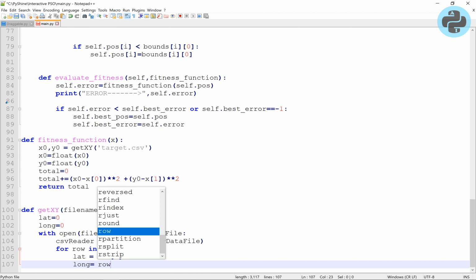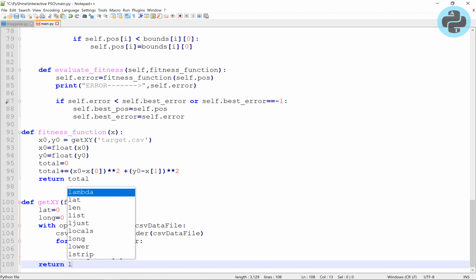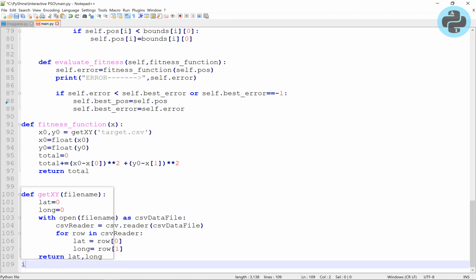The getXY function will read the CSV file and return the position.